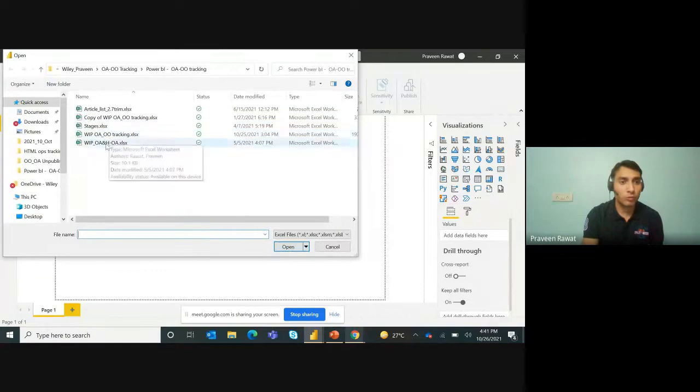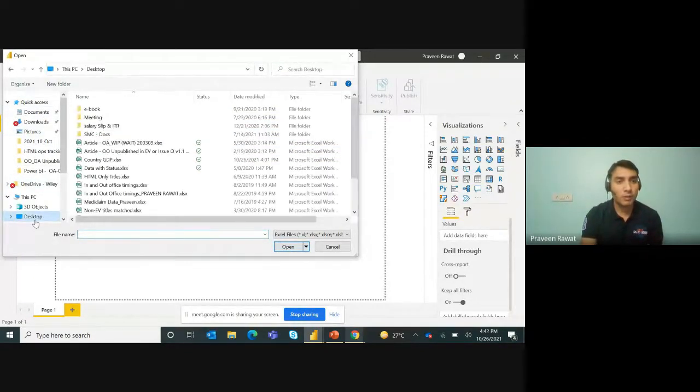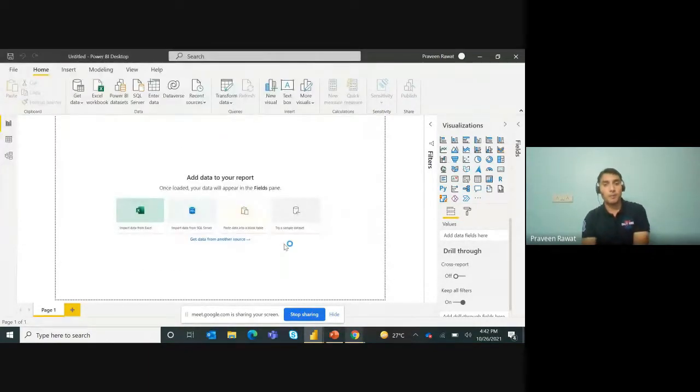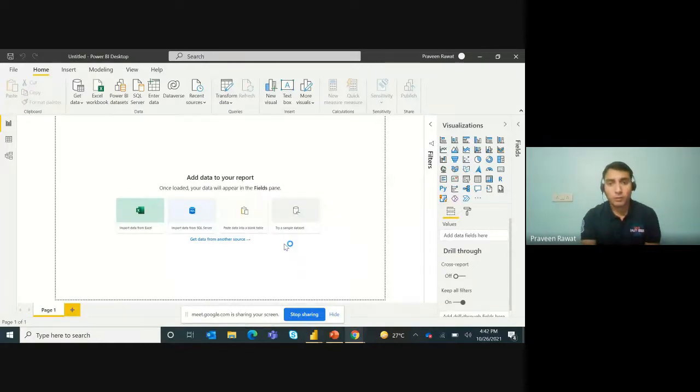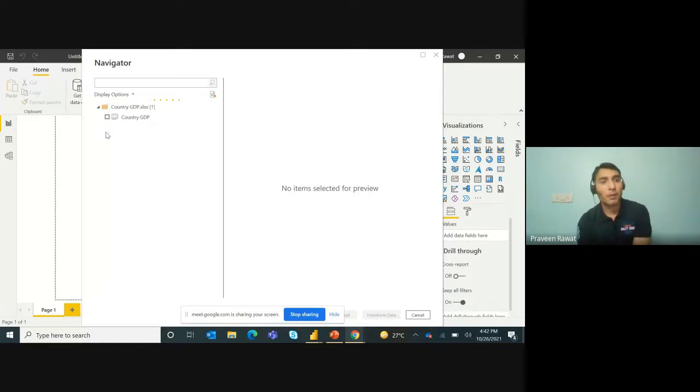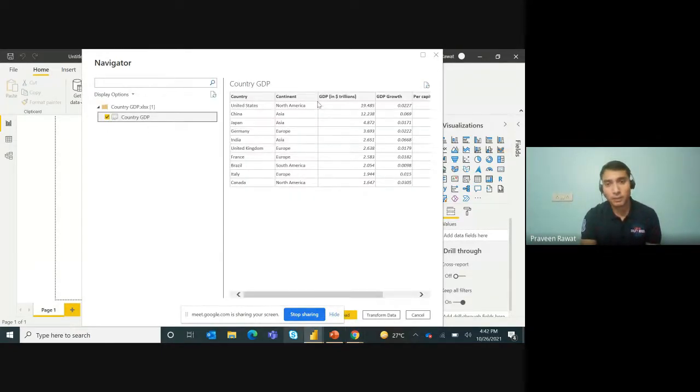Let me show you. So I have this country GDP file. Once the data is connected to the Power BI, if you have an Excel sheet with 2 or 3 tabs, it will show them. But for this particular file, I have only one tab, that is country GDP, and it will give you a glimpse of the data. Since I've created this data, it's not that lengthy, but usually it will just give you say 20, 25 rows as a glimpse, and then you can load,